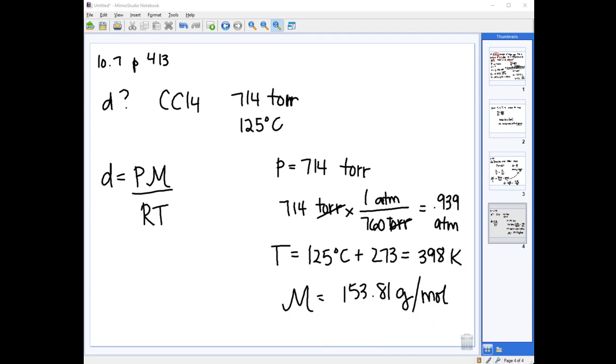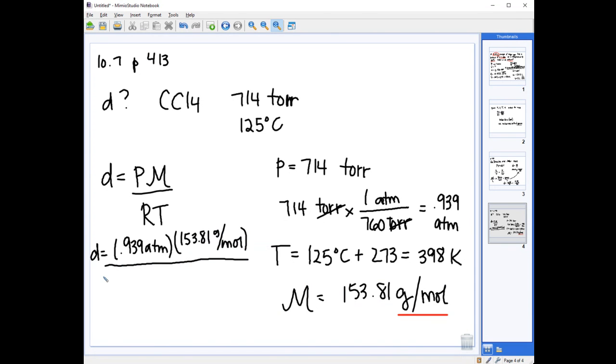We're going to have to make sure that we include that unit there of grams per mole so that we can get the units that we need to cancel out. So just remember that when you're working this, that it is grams per mole. So I'm going to plug this into my equation over here. My pressure, 0.939 atmospheres. My molar mass, 153.81 grams per mole. I divide that by my ideal gas constant,